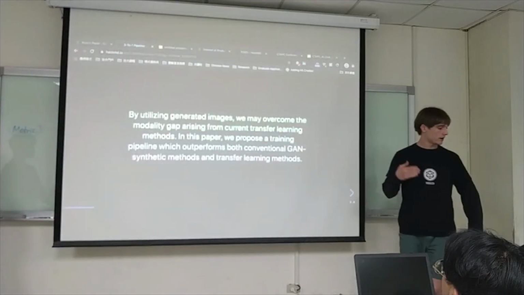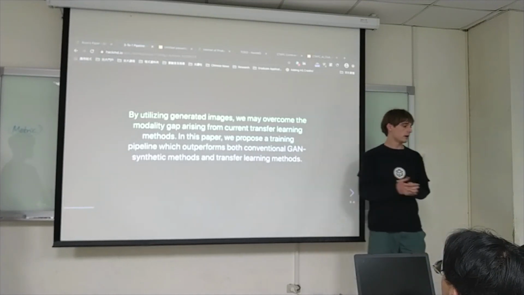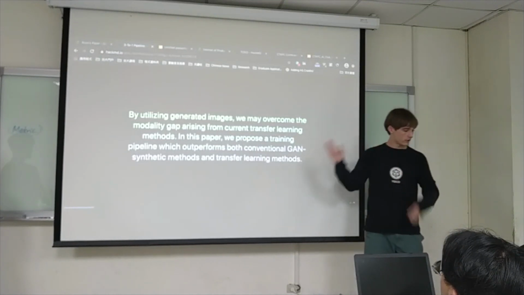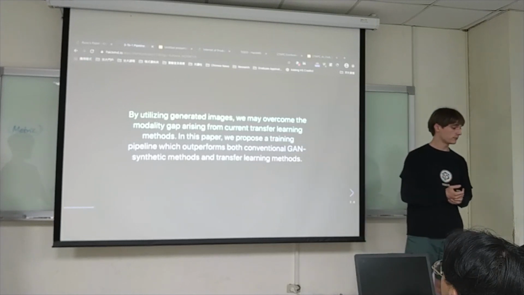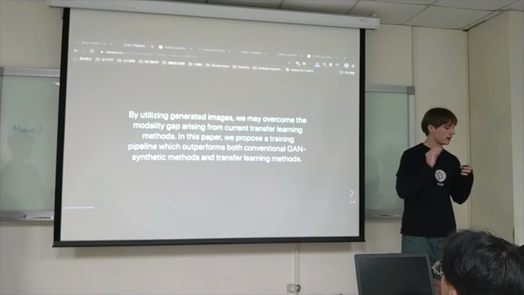And so, as the aforementioned problem goes, we can overcome the modality gap arising from transfer learning by using our optimized GAN synthetic